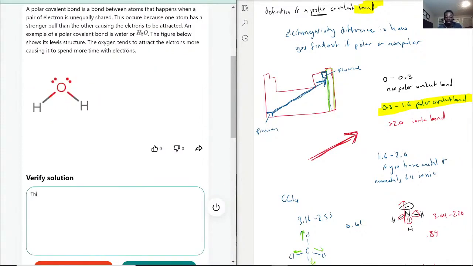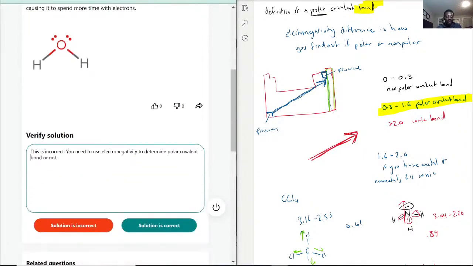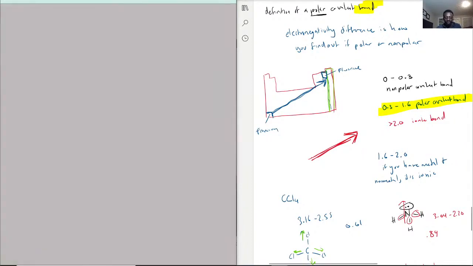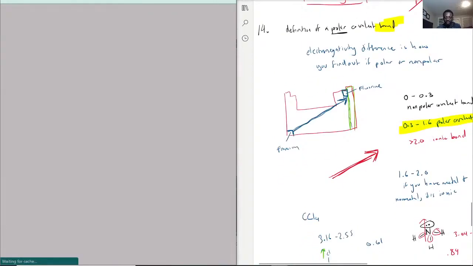So I'm going to say this is incorrect, because you need to use electronegativity to determine polar covalent bond or not. I can't really say it's correct because they're looking at the wrong thing here. So, with that being said,